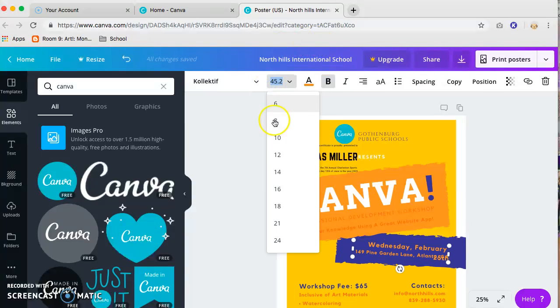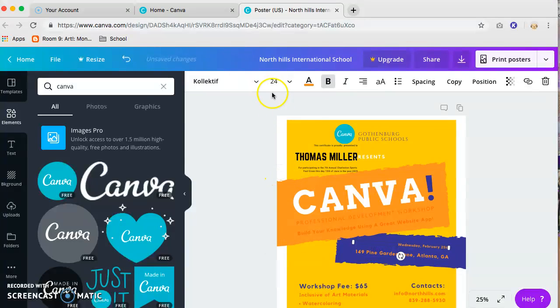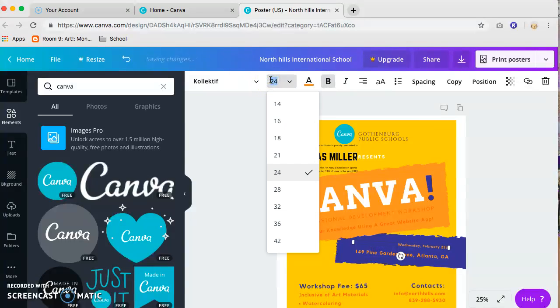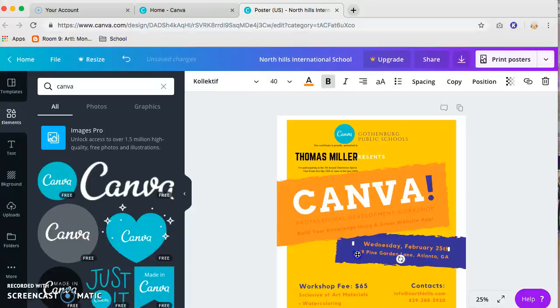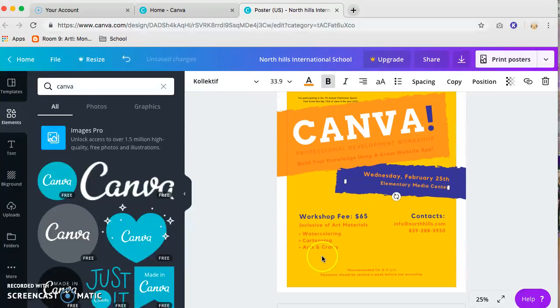Again, a little too big, so we're going to make it a little bit smaller. We can even go up here and change the size. Maybe we'll do 40. And then I'm going to put Elementary Media Center, because that's where we usually meet. Workshop, we can say we'll have, obviously a workshop will be free. So we can say Mrs. Stortenbecker